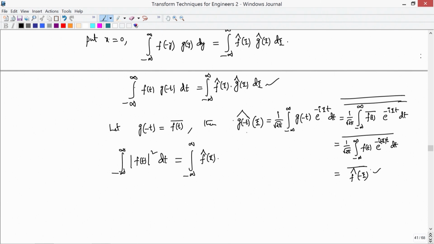Okay. So what you got is g cap of minus t, if you take, this is what you get. So this implies you get g cap of minus t, which is a function of xi. This is what you get. This means g cap of xi is what? This is g cap of